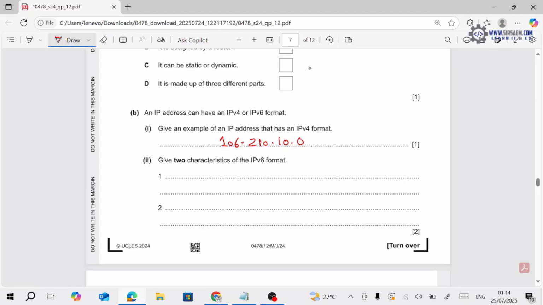You have to remember one thing: you should know a lot about IPv6 and IPv4. You can get a lengthy question about it. Two features of IPv6. IPv6 is basically a 128-bit long unique IP address. It basically allows 340 undecillion possible addresses. It is separated through colons. For example, we can have over here